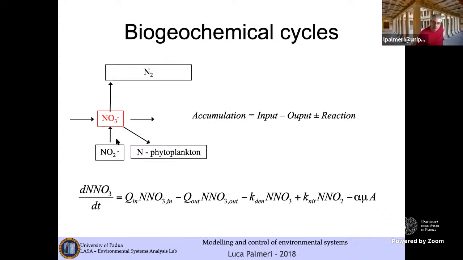For example, we start by assuming that the variation in time of nitrate concentration, dN-NO3/dt, so this is the variation in time of the concentration of nitrogen in the form of NO3, is equal to the discharge, so what comes in by the water discharge, times the concentration of nitrogen in the form of nitrate in the incoming water, minus the quantity of water that is getting out from the system, times the concentration of nitrogen in the form of NO3,